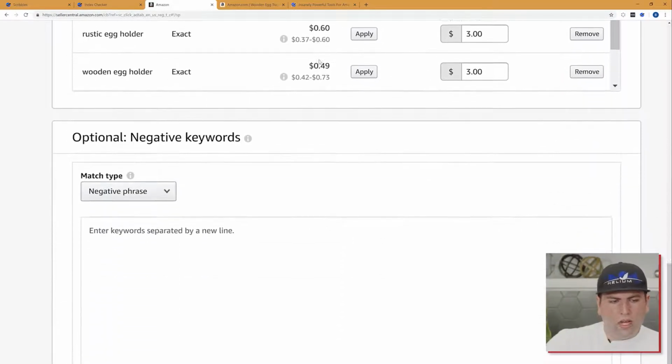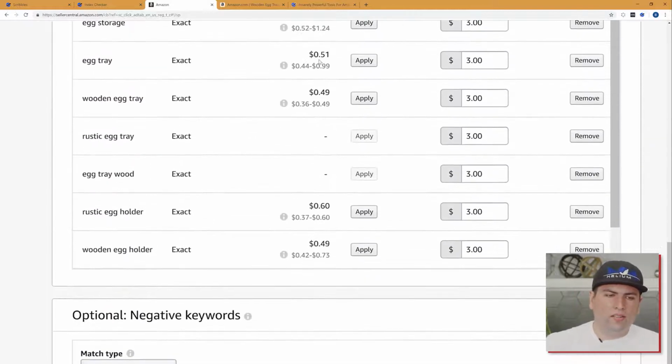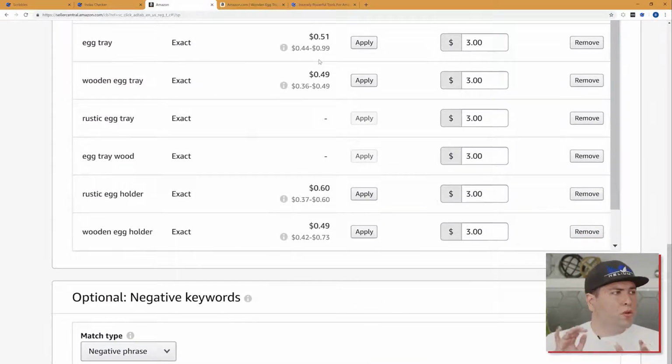So now, again, we're not going to do this right here, but negative keywords. Usually this is like, let's say our keyword is egg tray, right? If we were doing one of those phrase or broad campaigns, what that means basically is that now Amazon can take egg tray and say, if it was broad, egg trays or egg trays for men, plastic egg trays for women. Plastic egg, so that's a good one. Yeah, plastic egg trays, like potentially in a broad campaign or a phrase campaign, they could advertise our product for